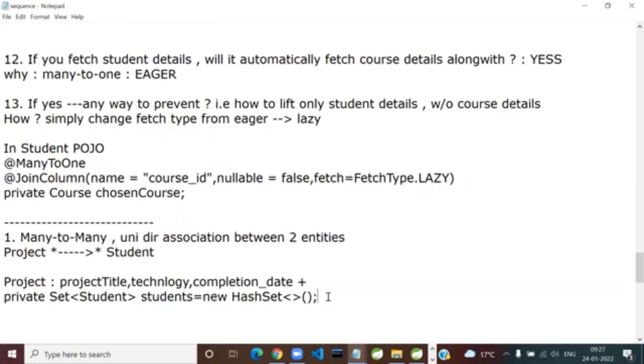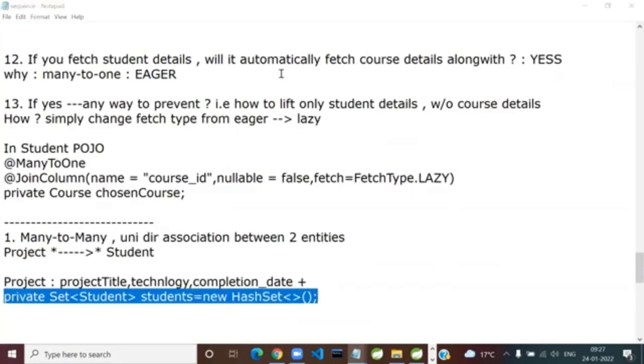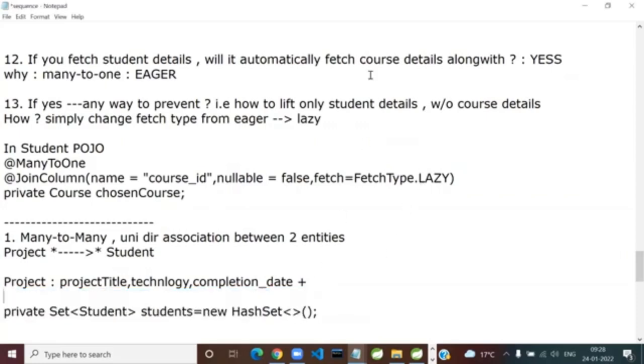So, sorry. We'll start with this and we'll see how to configure. Okay, let me see. If you don't add any annotation over this property, which exception will Hibernate throw? If you don't annotate this, for example. Mapping exception, what else? org.hibernate.MappingException. So tell me, which is the annotation you expect us to add? I'm just preparing you, so when we start writing, there is zero confusion. Which annotation? One-to-one, one-to-many, many-to-one, or many-to-many? Of course, many-to-many.